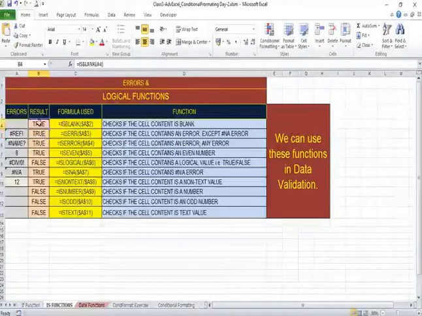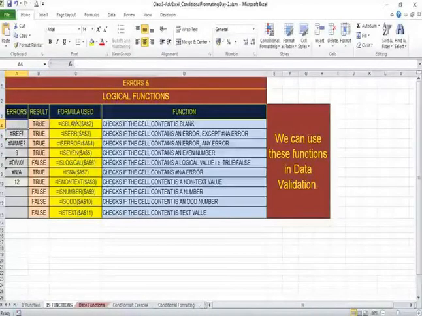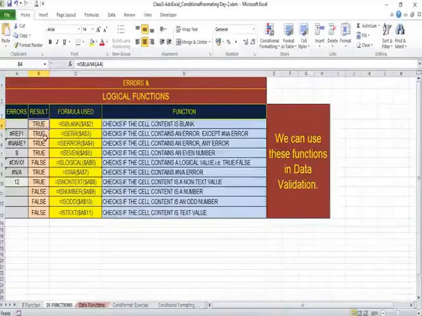So it is true. And if you write here something and press enter key, look, this has turned to false. So logical functions either give you true or false as a result. So these functions help you in deciding for further calculation.